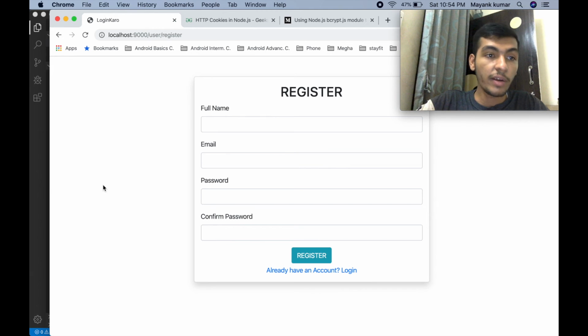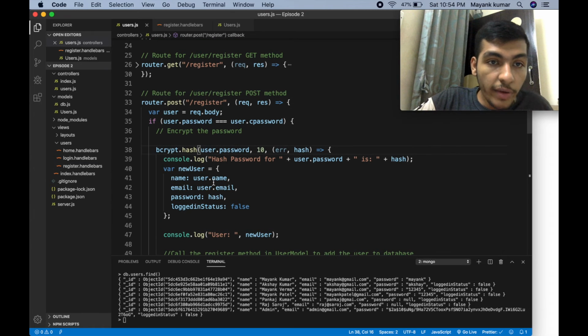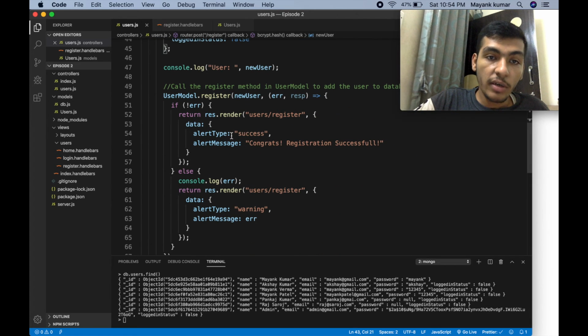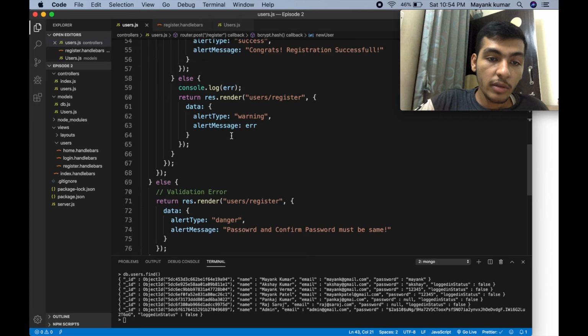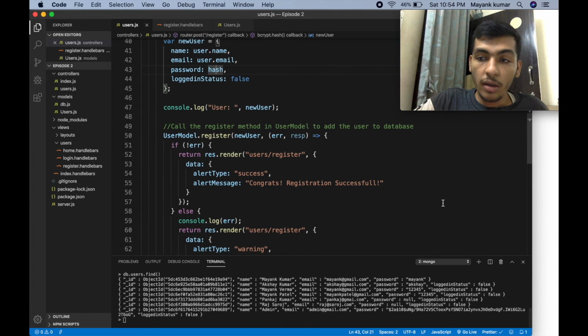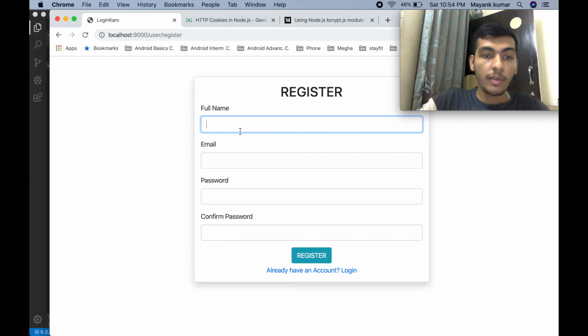So guys, now we are done. Let me show you what I did. What we are doing here is encrypting the password. When we get the password, we create a new user and provide the password key with the hash value. Inside that, I'm doing all the operations to insert and do all the callbacks. So that's pretty good. Now if I can run this again, sample data, let's say